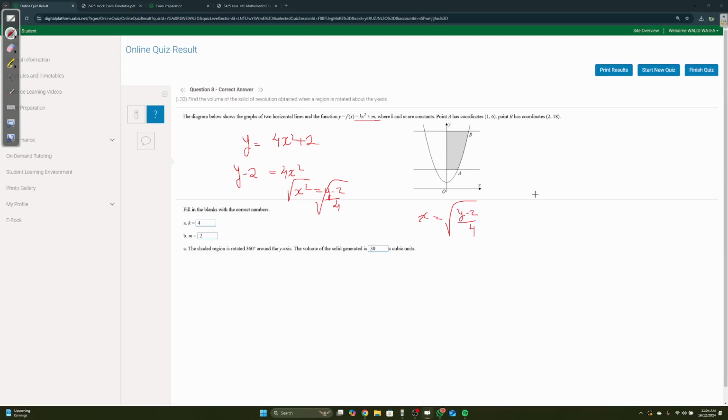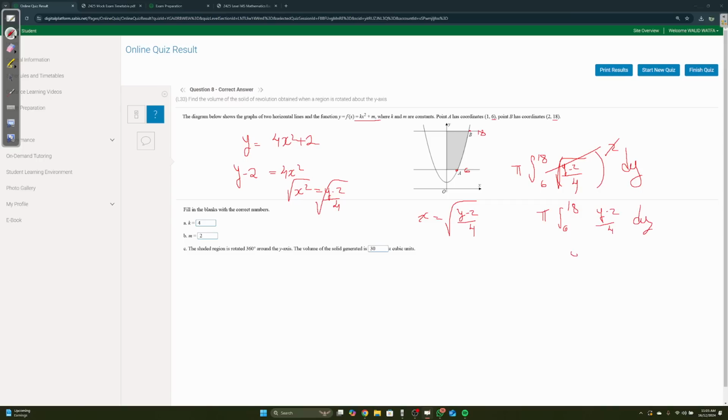we're gonna do the formula now. Pi integral from where to where? We're going from 6 till 18. 6 is over here. 18 is over here. So from 6 till 18. (y minus 2) over 4, root of (y minus 2) over 4, squared, dy. Square cancels with root. So you're gonna be left with pi integral 6 to 18 of (y minus 2) over 4